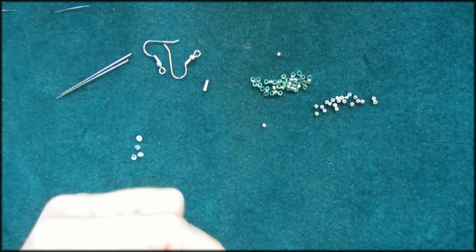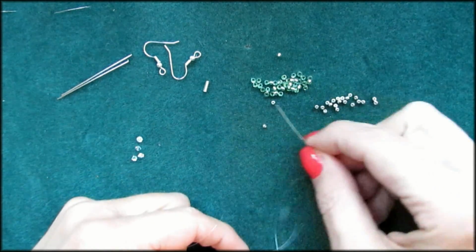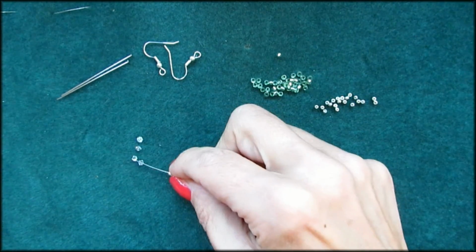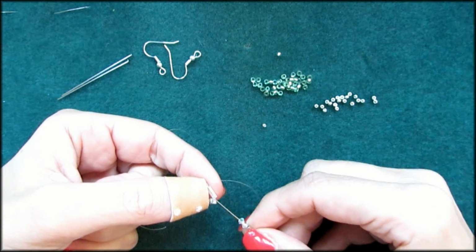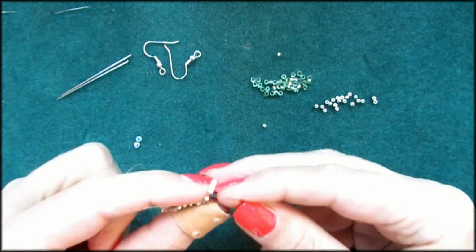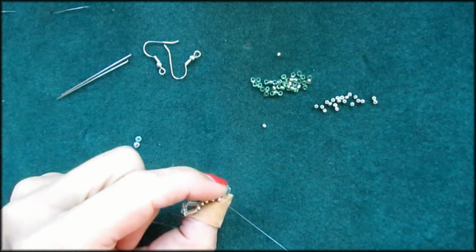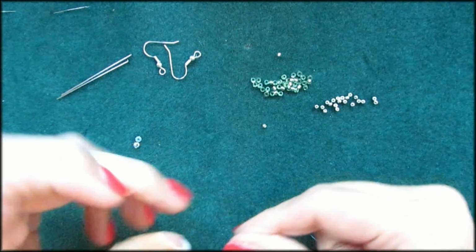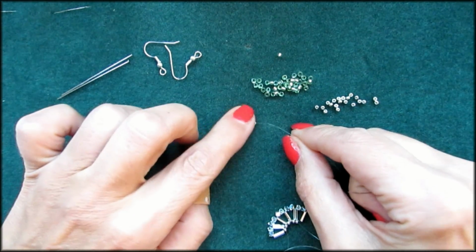Now we got one bugle left. So we're going to pick up a seed bead and the last bugle and two more Swarovskis. I'm going to go into that last bugle we just added right there, and again into that seed bead. Pull that through. And now with the end thread, we're going to pick up a seed bead,